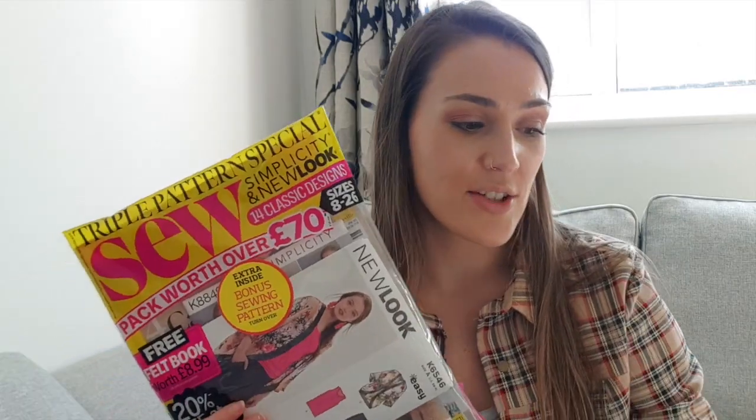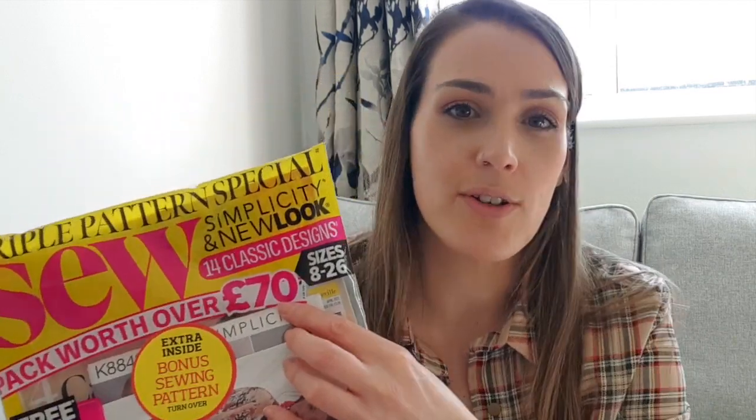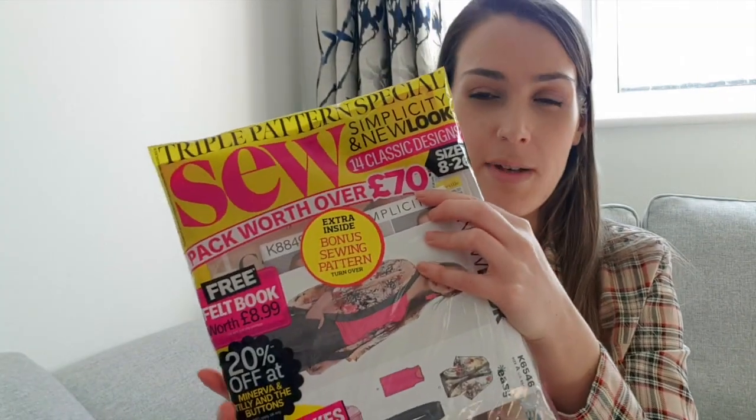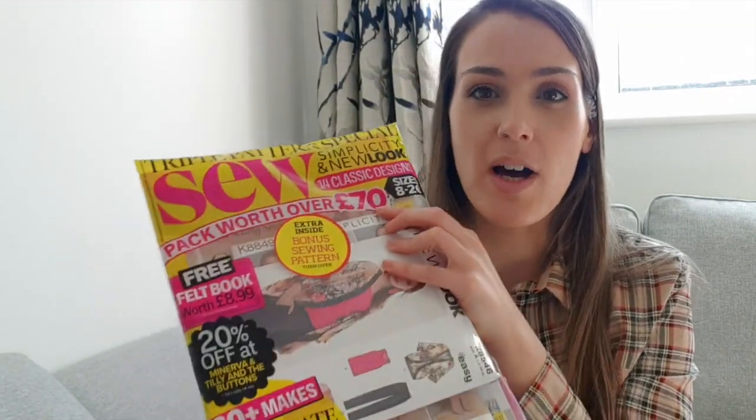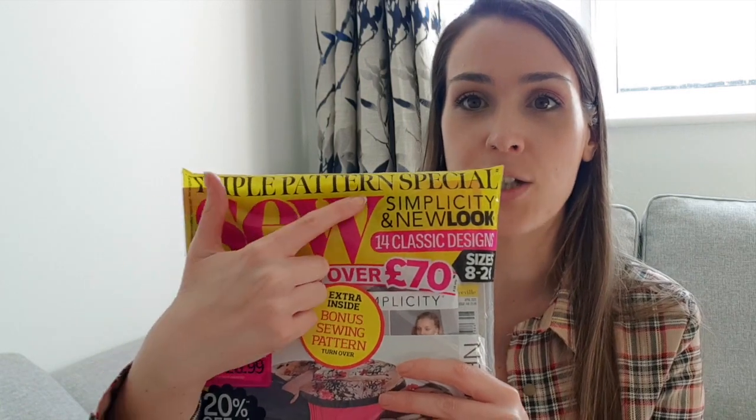So this is Sew magazine. It is £9.99. It does say on the front here that it's worth over £70, which I do feel like is quite an ambitious claim. £70 worth of sewing stuff, that's quite a lot of money to make a claim, but I was looking at the front here and it comes with 3 patterns included, and at the top it says triple pattern special, and